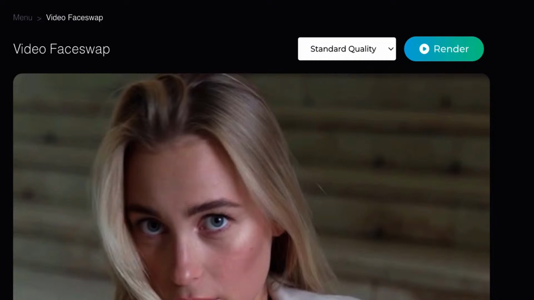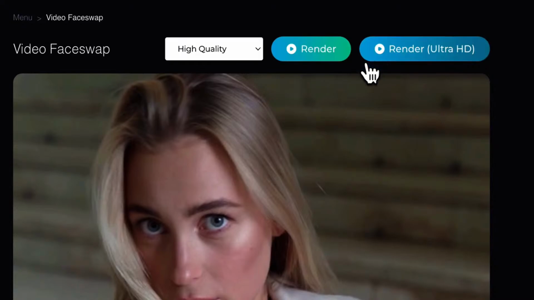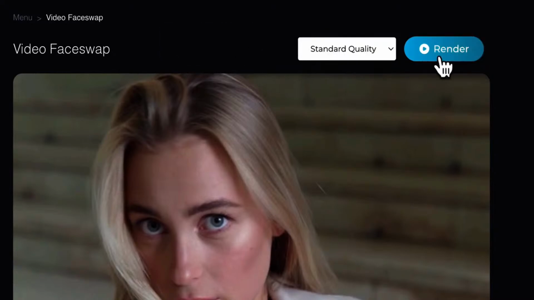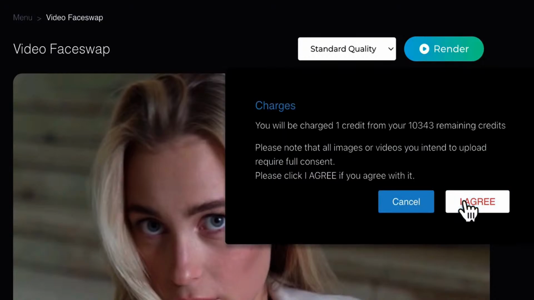Now, we just made a software change, so it's slightly different than what it was when it was in beta. What you do is you just have to select either standard quality and render it, or if you have the appropriate membership level, then you would actually just go to high quality, and then you have the choice to render it either regular or even go to Ultra HD rendering. So that's what we'll do. We'll just go to, let's say, a standard quality. So we're just going to click on Render Now in standard quality, and we go and agree to the terms,